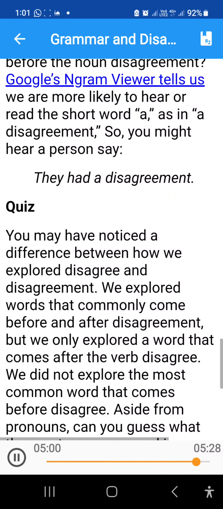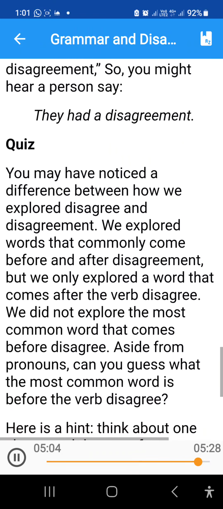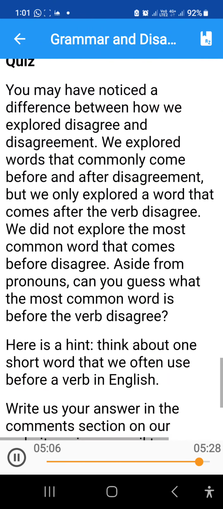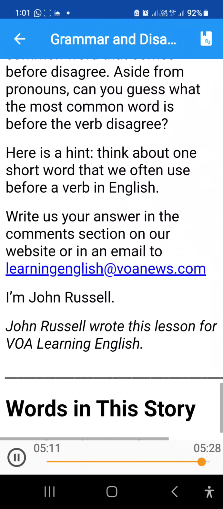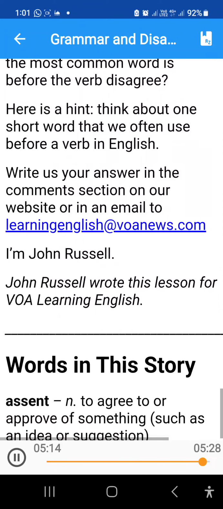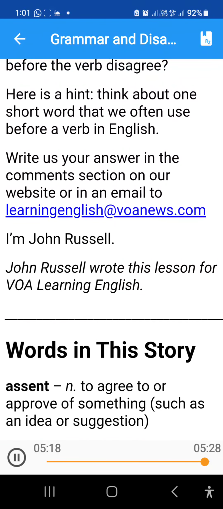Aside from pronouns, can you guess what the most common word is before the verb disagree? Here is a hint. Think about one short word that we often use before a verb in English. Write us your answer in the comments section on our website or in an email to